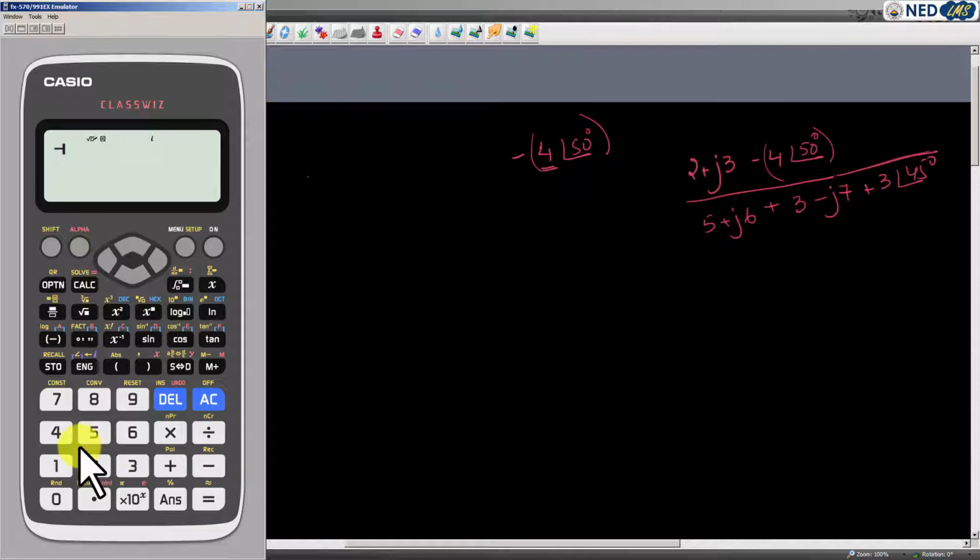write, let's say, minus 4 and then I select the angle sign, I'm going to press shift and angle, and then press 50. This is already in degrees, so I do not need to put the degree sign here. If I press equals, it says math error. So if I press cancel and I write minus, and then I use brackets for 4 shift angle 50 degrees and then close the bracket, it says this is equal to minus 2.57,